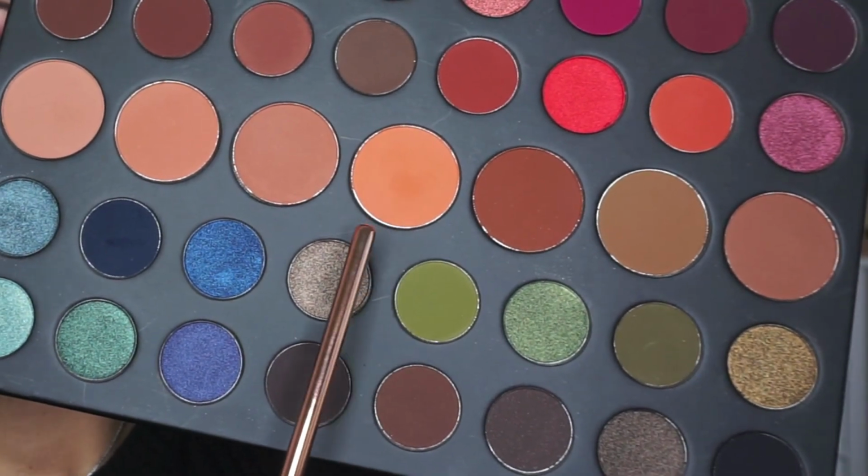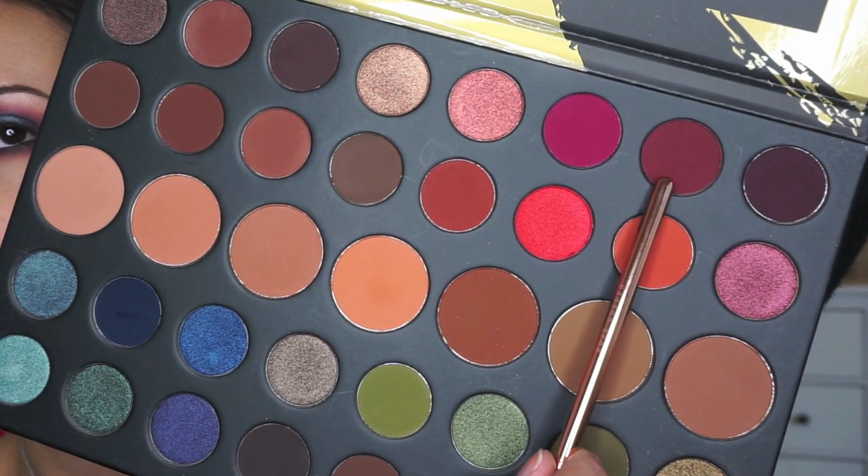Now I'm gonna go back to Define Me. And now I'm using the color Passion, which is that beautiful plum shade. And now I'm putting it on with a pencil brush. Now I'm gonna go with a dense brush, but it's flat, like it's very thin. And I'm gonna go with the color Indigo. So I'm going very careful on my waterline, just a little bit outside my waterline. Not necessarily in, but more of a...